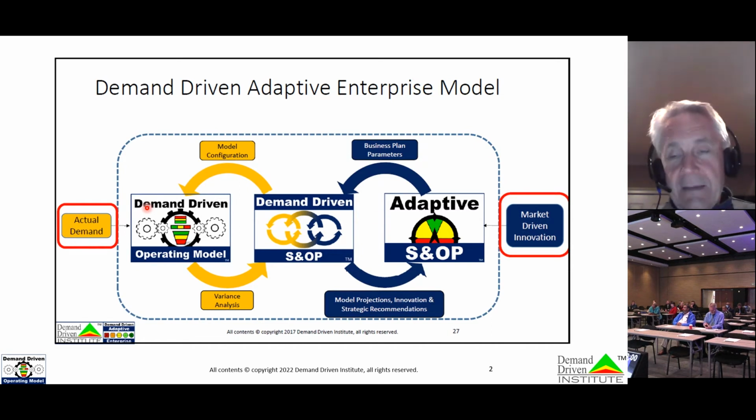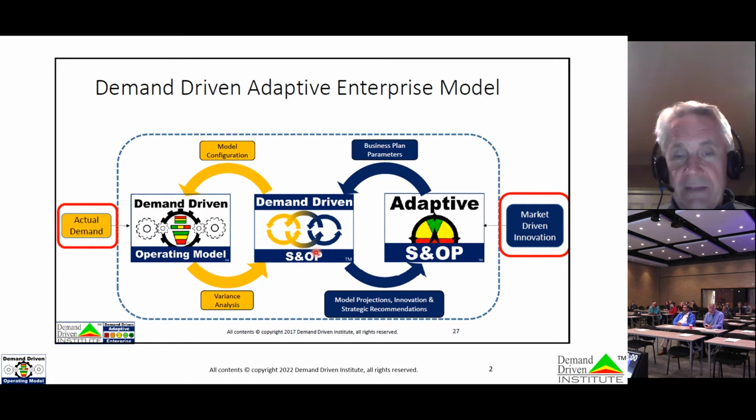On the far right side, we know every business is evolving and is going to continue to change as we go through time. So we are using forecasts and S&OP type planning activities to understand how the picture will evolve as we go forward. The idea then with DDS&OP is that we use that insight of where our business is heading and things that are coming onto the horizon to adapt and reconfigure the model. And obviously we learn through variance analysis of prior performance where we can make improvements. That cycle is what's known as DDS&OP.